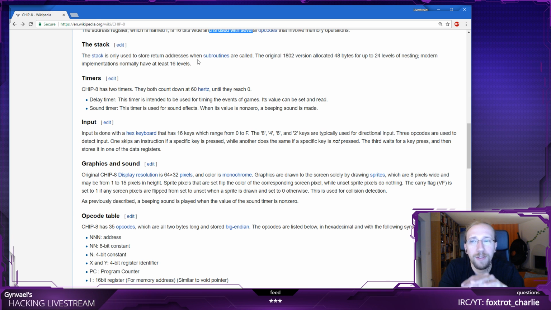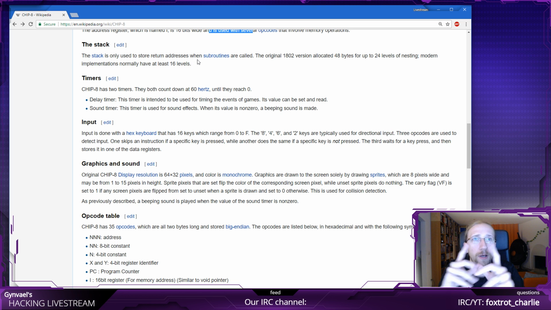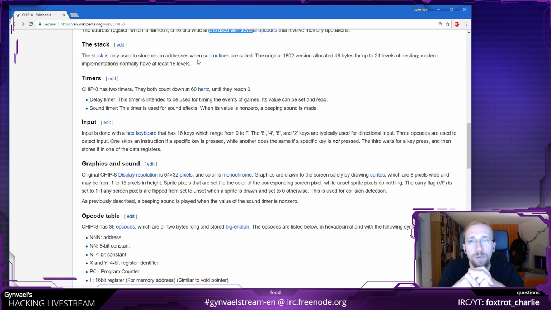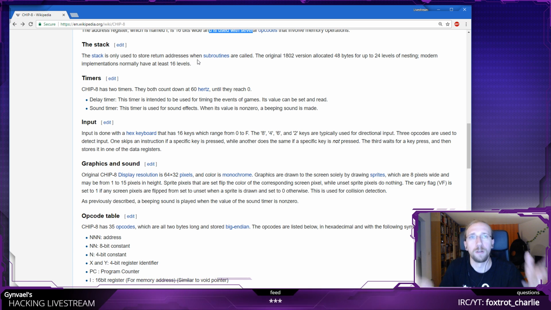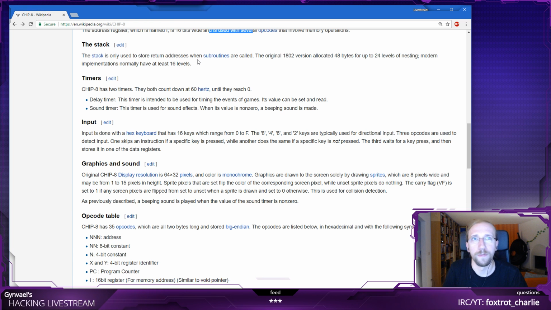So I guess here, since your program basically owns the whole RAM, the whole 4 kilobytes, you use it differently. You probably use mostly global variables and not local variables.